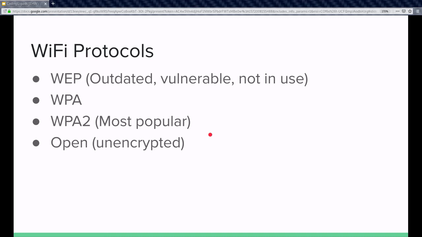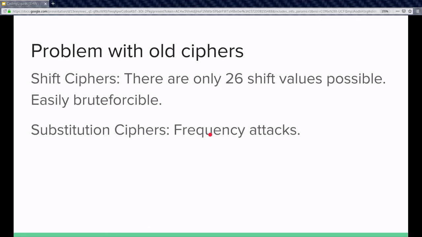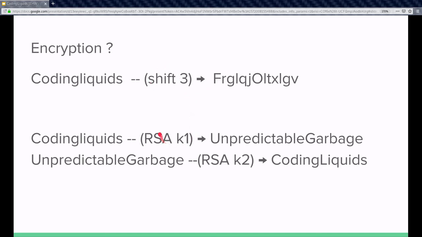So here I will stop you and tell you what the password really is. Whenever you set a password in your Wi-Fi network, this is the key for the encryption. So here shift 3 or say RSA K1, this is your password, whatever you are entering in your Wi-Fi access point or the Wi-Fi station. And the data over here, the coding liquids, this is your HTTP request. Say you are opening a site xyz.com, maybe codingliquids.com, whatever site you are opening, that site name and the data you're sending to and fro from the site,